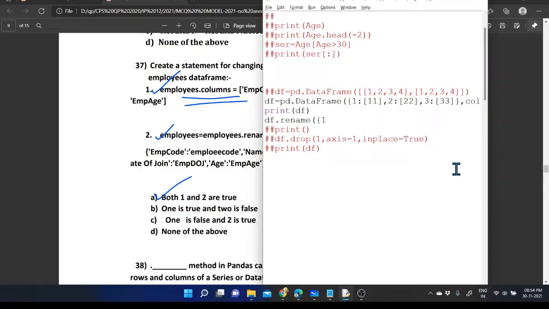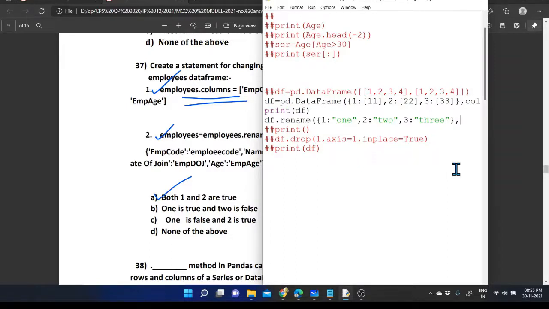Here I am providing the original column name, then the colon operator, and we are providing the new column name, then comma 2, the new column name, then comma 3 colon, the new column name. So like this, we will provide the changing process.